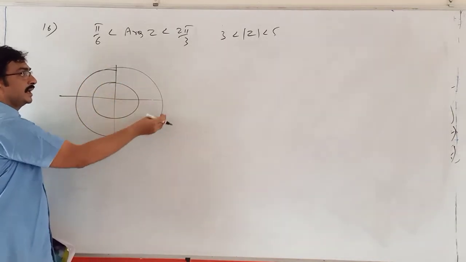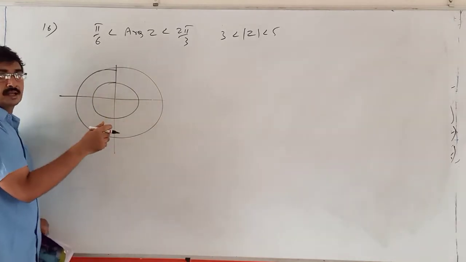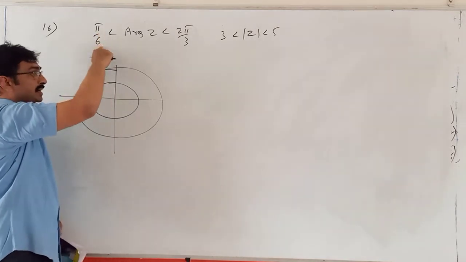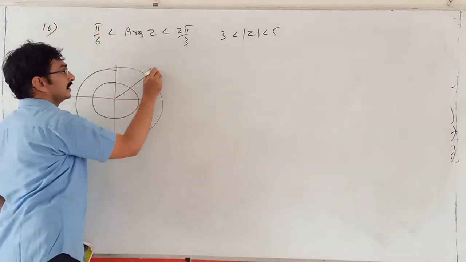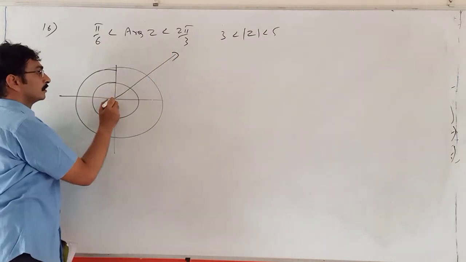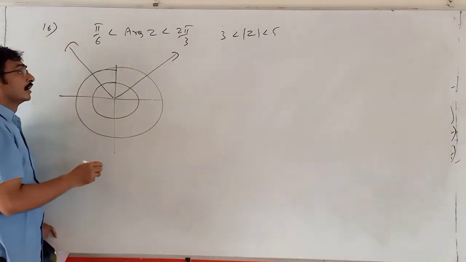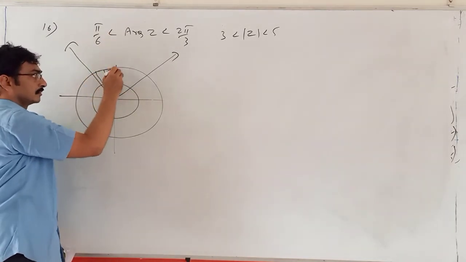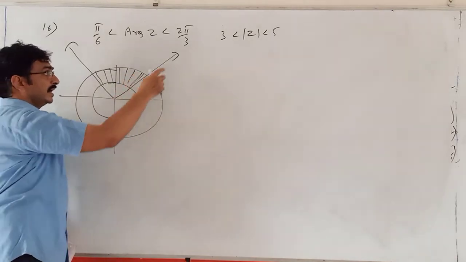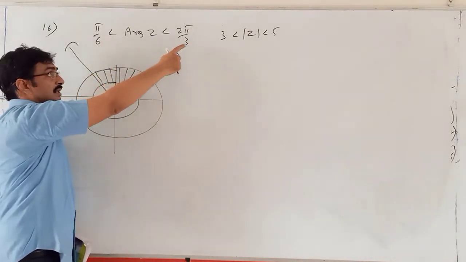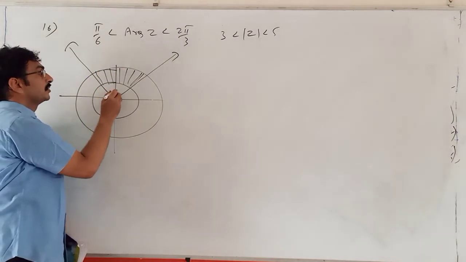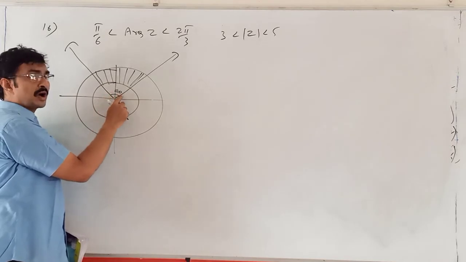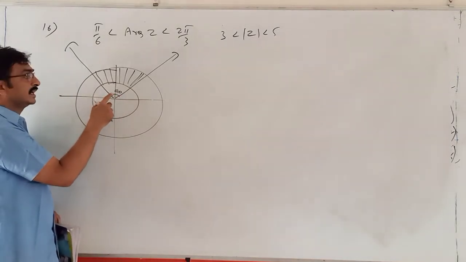So up to this, area of the outer circle minus area of the inner circle. And also given there are two arcs. Argument of z equal to 5 by 6, 5 by 6 means 150 degrees, and 2 pi by 3 means 120. So the area of the region bounded by this one and the angles. Clearly the difference of these two is 90 degrees. This is 150 minus 120, 30. The angle amount is 90 in total of 360. 90 means 1/4 of 360 degrees.